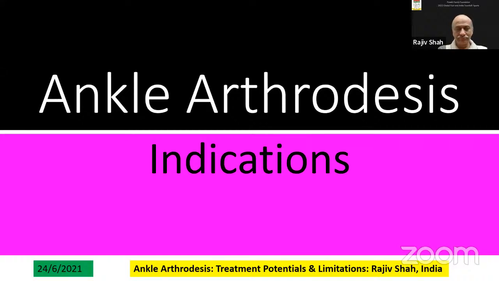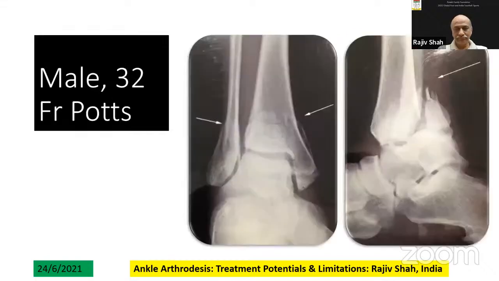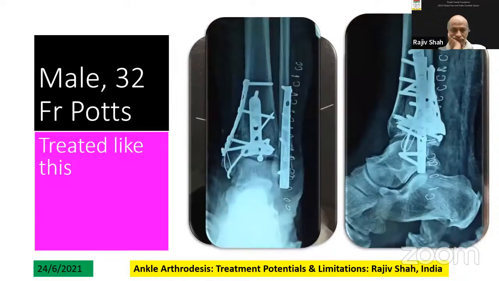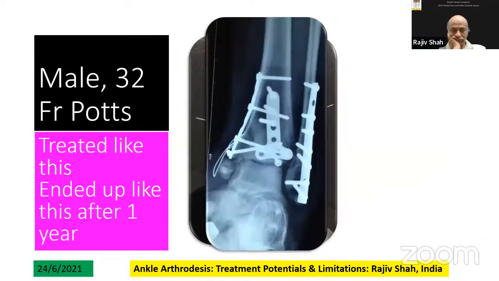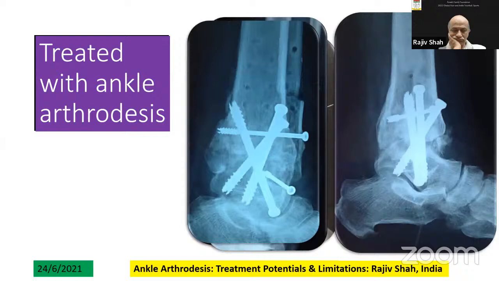Let's go ahead with the indications of ankle arthrodesis. Any age, moderate to severe ankle arthritis could be an indication for ankle fusion. A male of 32 was treated for a fracture like this. At the end of a year, this ended up like this, and then it had to be treated with ankle